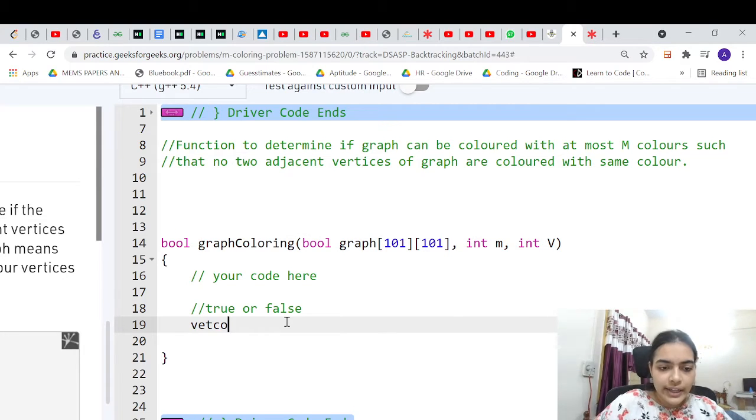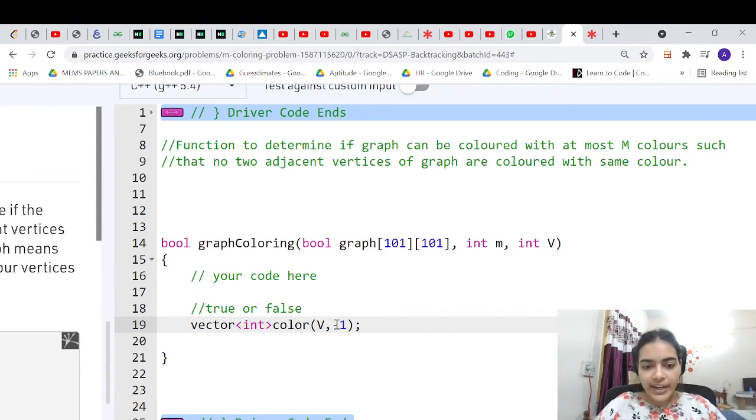So let us declare a vector that is color. Let's simply call it color, and initially let me assign its size as v, because we want to color all the vertices. V are the number of vertices or nodes that we have. Initially I'll give all the colors as -1. We have to try to use only m colors.